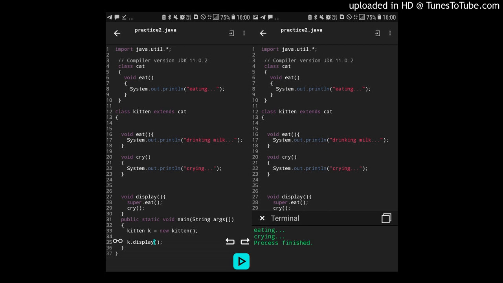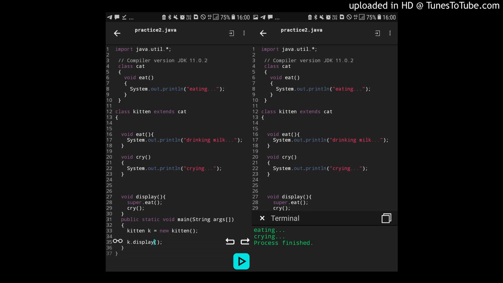Now we are going to access the method in the parent class from the child class. In this case, the name of the method in the parent class as well as the child class is the same.